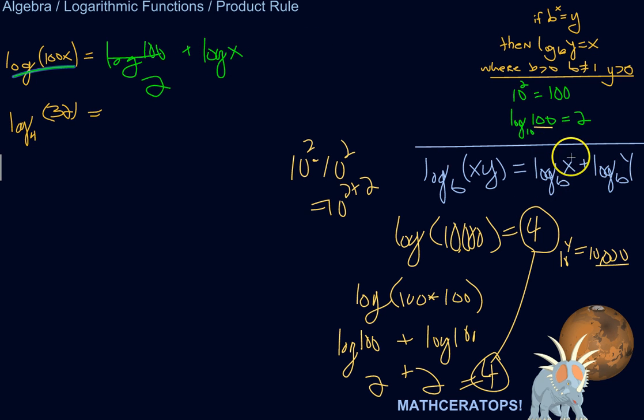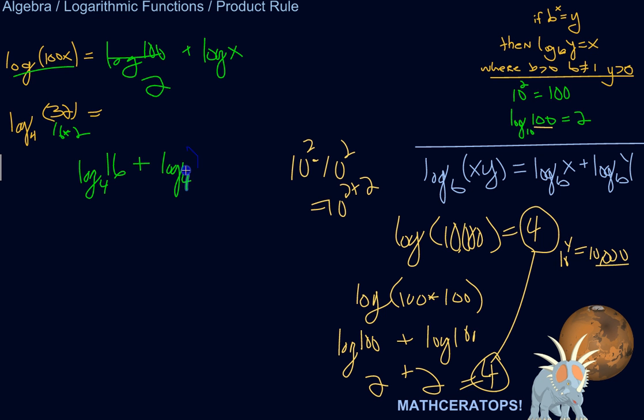Or vice versa, I might have something that's split up and it'd be easier to take the log of the product of those two. So here we have log base 4 of 32. You can do that on your calculator, or you could apply the product rule and make the calculation easier. So what is 32? 32 is equivalent to, for example, 16 times 2. So I could rewrite that as 16 times 2. So this expression would be equivalent to log base 4 of 16 plus log base 4